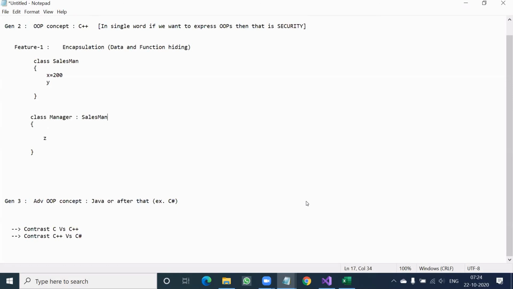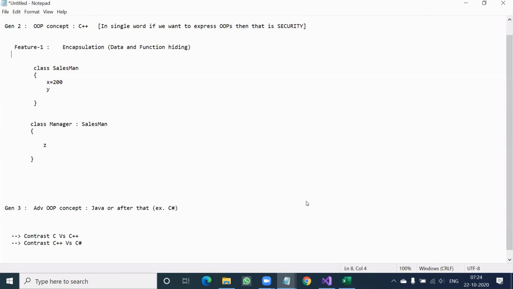That means if you want exactly the same data and value for manager also, then make that salesman the father and make this manager a child. This is called a parent-child relationship, or in other words, inheritance. So then they got feature number 2, slowly, not in a single day. They said inheritance.